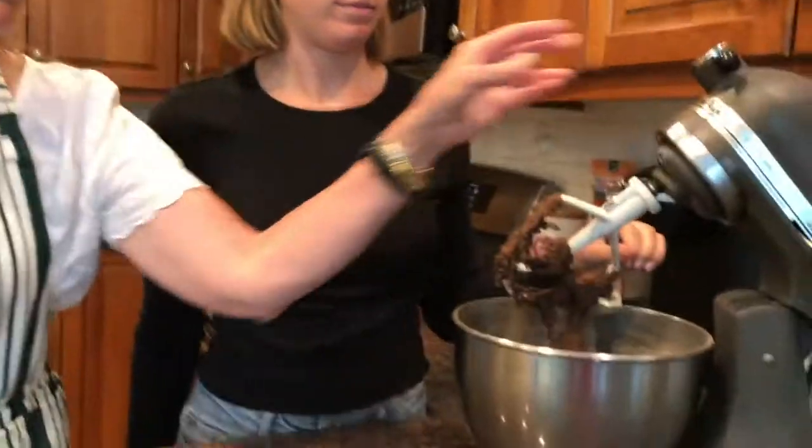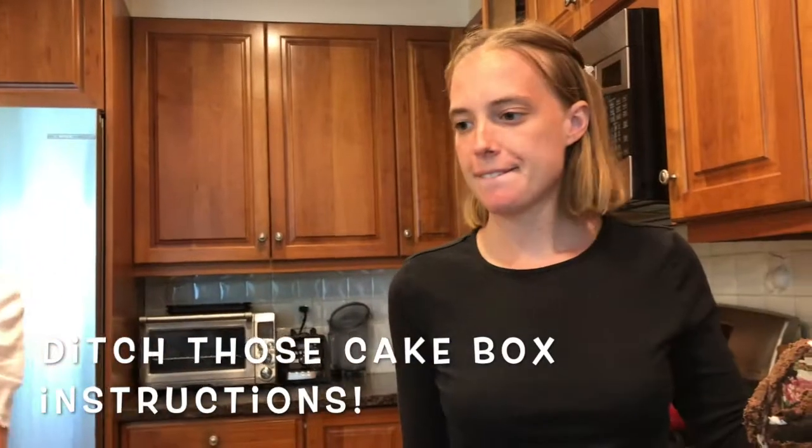Following the same package instructions? No, it does not follow the same recipe as on the box. So throw out the box. That's right. Don't look at that. It's not necessary. Okay, and then we make sure our hands are nice and clean,